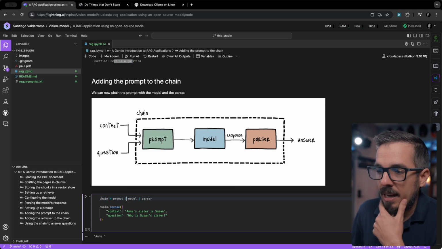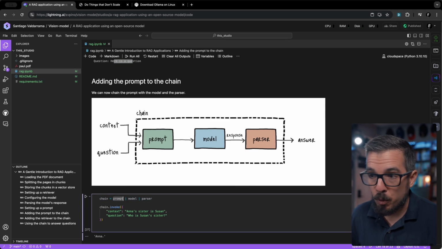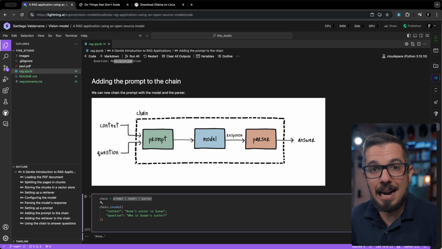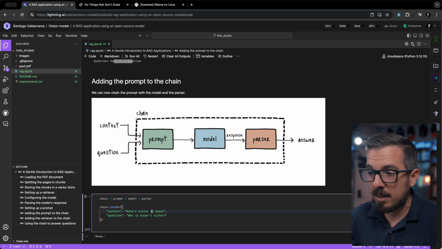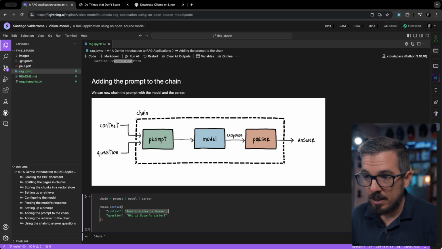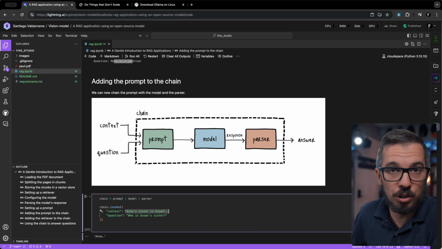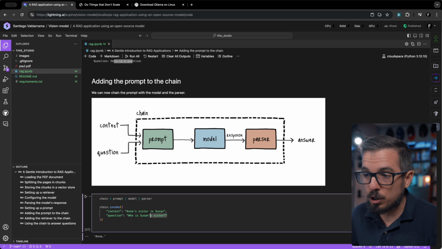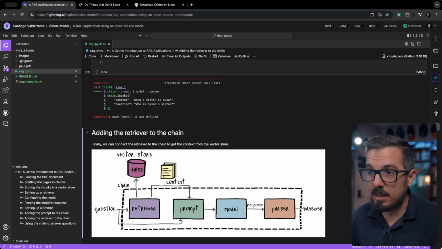All right, so let's look at the code. Again, prompt now is in front of model, which is in front of parser, and now I can invoke that chain passing context, Anna's sister is Susan, and question, who is Susan's sister? So if I execute this,